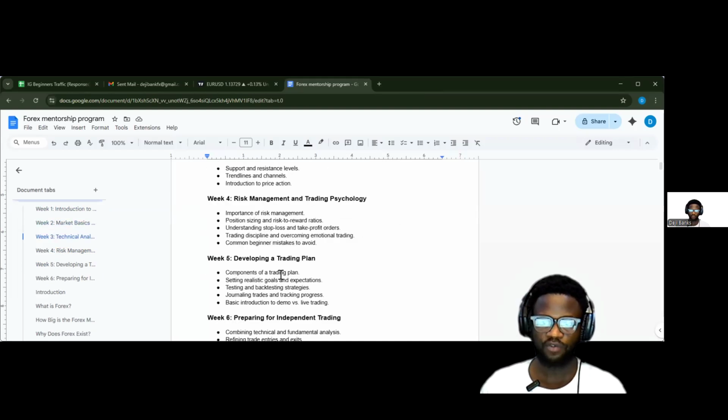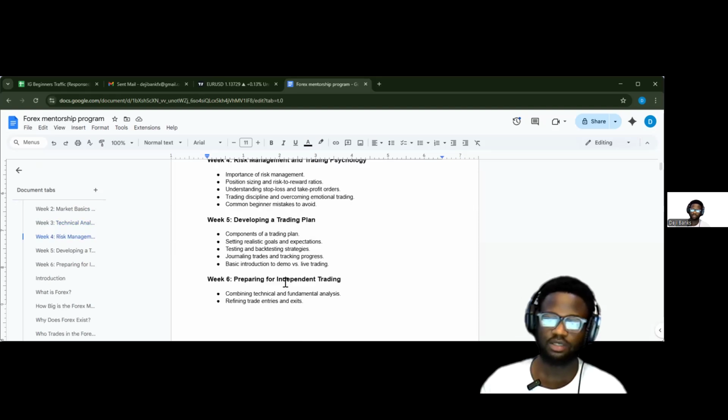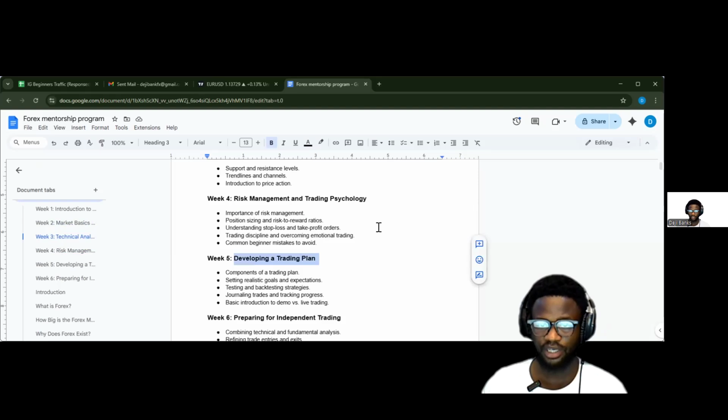And what we have been learning in week five is how to develop a trading plan because, like I said earlier, I have seen beginners courses where they overlook these things. And one thing that I suffered as a new beginner is not to have had the knowledge of what a trading plan is, to be able to set my expectations when it comes to trading so that I'm not hoping to buy a Lamborghini after a month of trading with my $100 account, right? So risk management and trading psychology was what we did in week four. And in week five, we've been on developing a trading plan, which is very, very important.